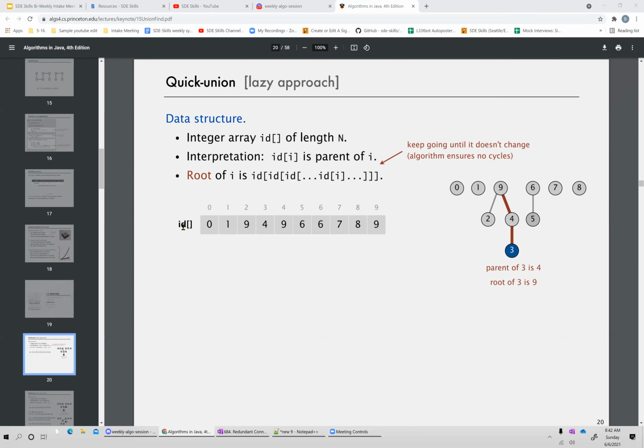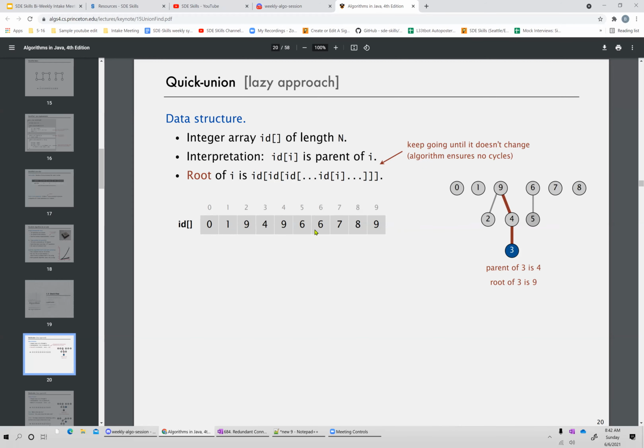So the ID array is nothing but the root array that we have written, where we maintain each element's parent, right? Initially, all the indices are their own parents, and those are the components. But as we keep connecting, in this example 2, 4, 3, and 9 are connected, and 6 and 5 are connected. If you visualize this as a tree, this is how it looks, but it is not actually a tree. It is a simple array.